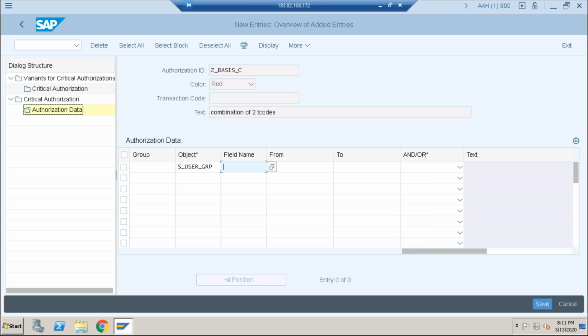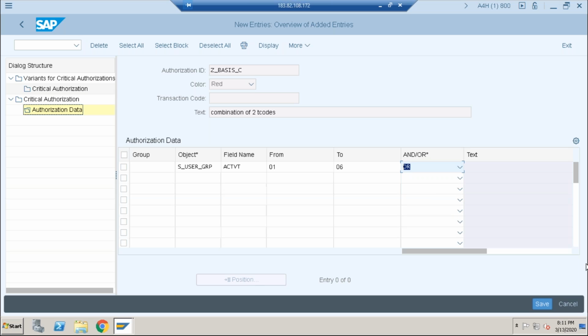Okay, give the field value, activities. Here I have to choose the AND condition. The OR condition you can give too, but this is very difficult because compulsory fields are very few.